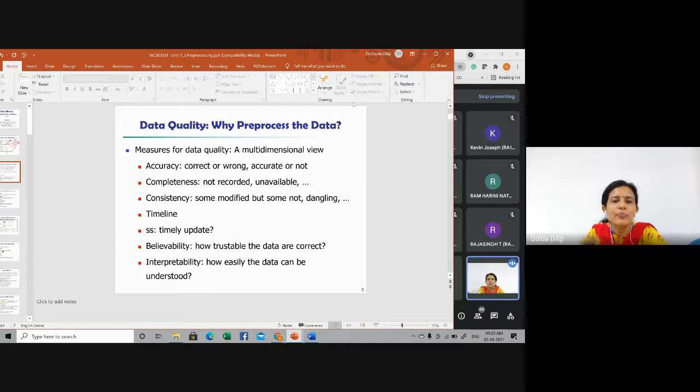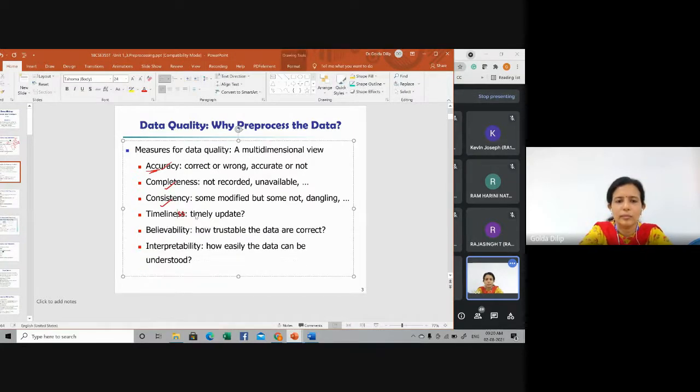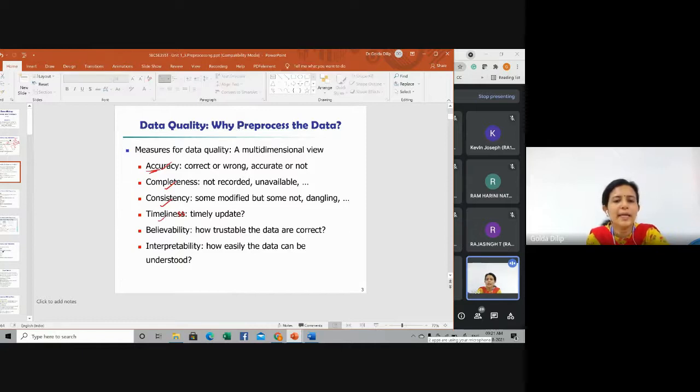You can see here the dimensions of data quality being mentioned: accuracy, completeness, consistency, timeliness, believability, interpretability.